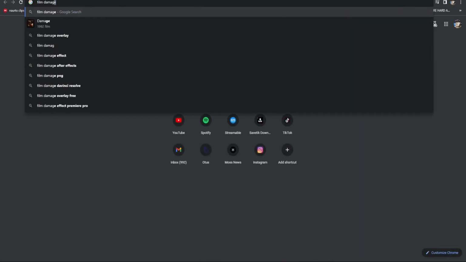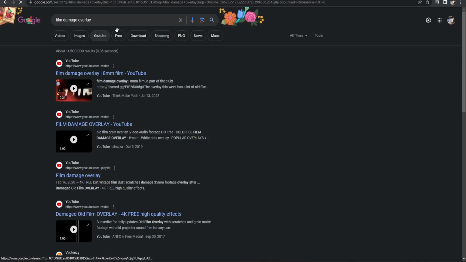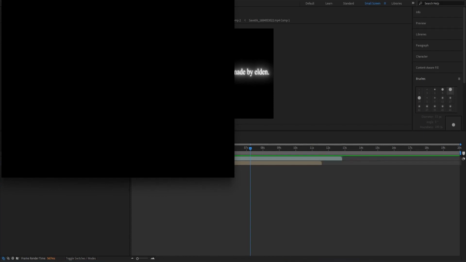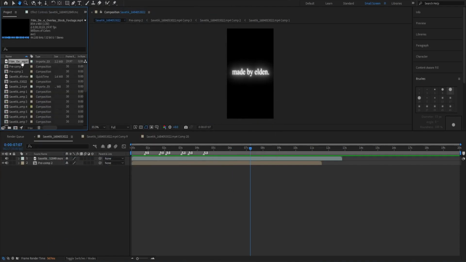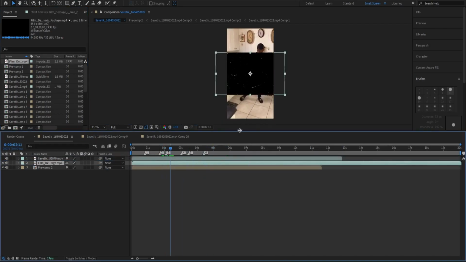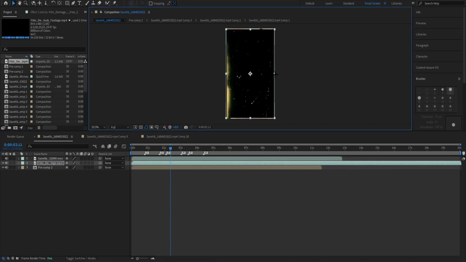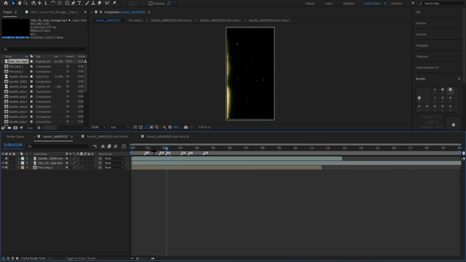So what you need for that is, search up film damage overlay, or if you have BCC, use that. But yeah, me personally, I'm just gonna have my own. I downloaded a film damage overlay because my BCC doesn't work. So yeah, when you add an overlay, it's gonna be black. It's not gonna show the edit, obviously. So what you do,